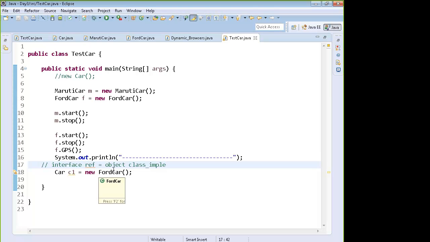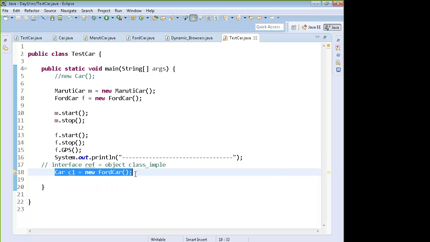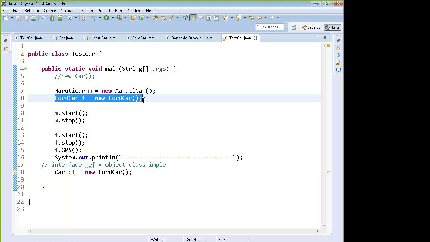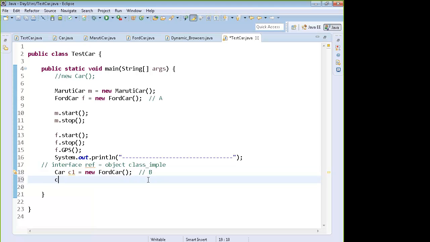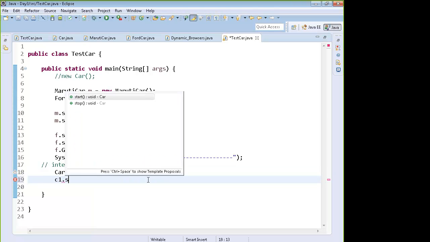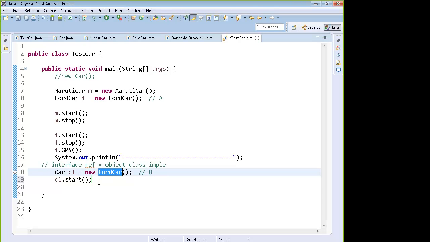Okay, how is this line different from this line? How are lines A and B different? The difference is that with C1 I can access all the functions of the Ford car which are coming up from the car interface, not the proprietary functions.